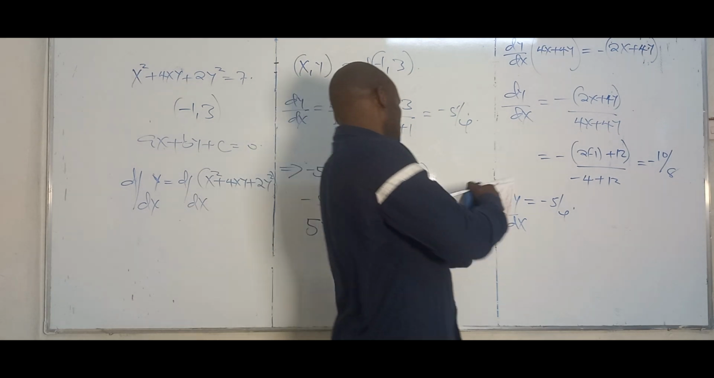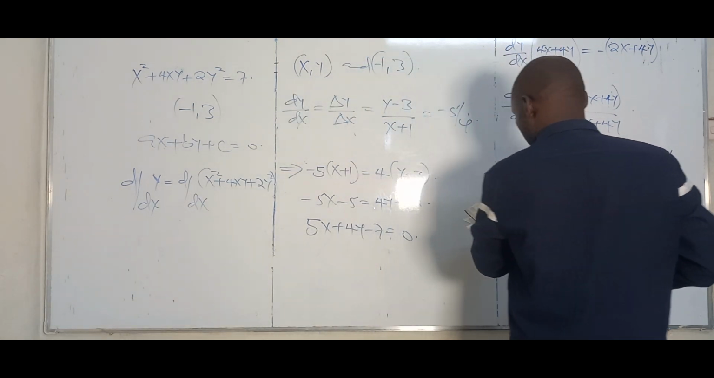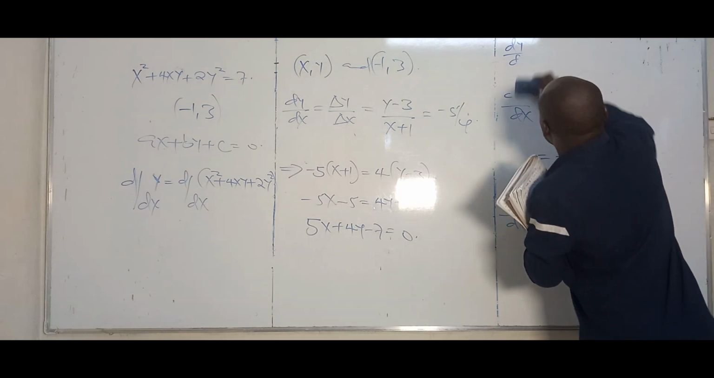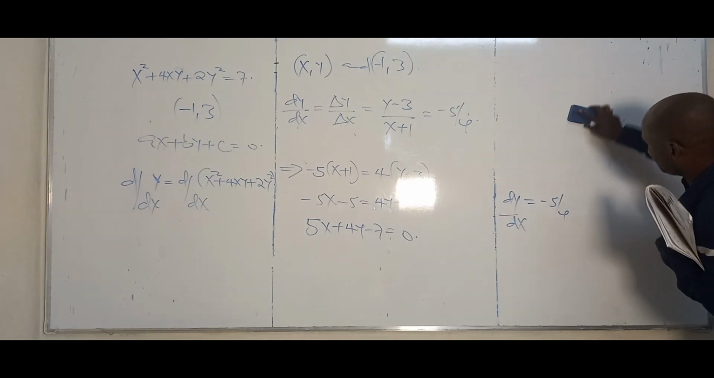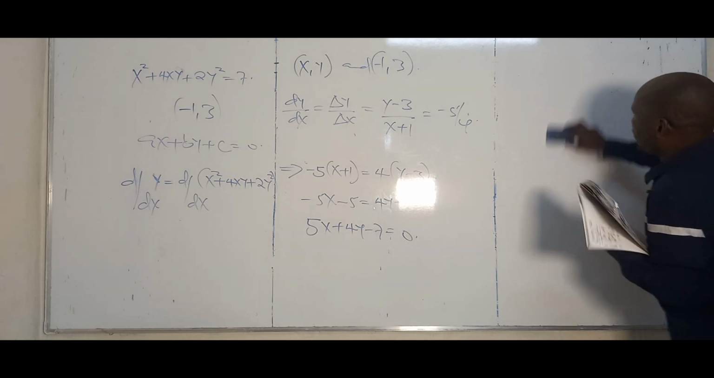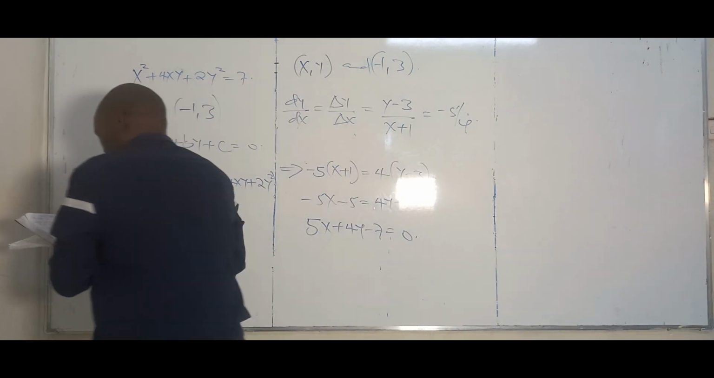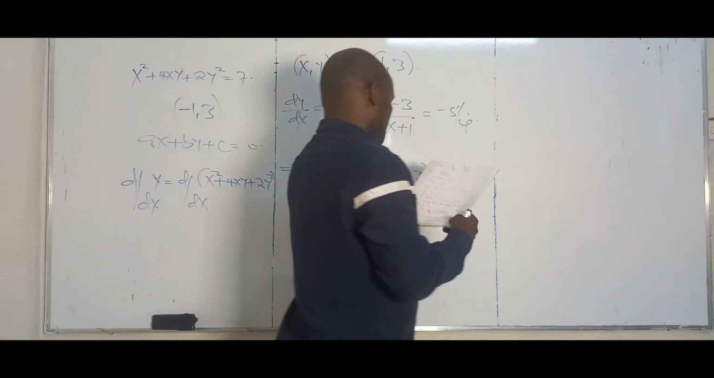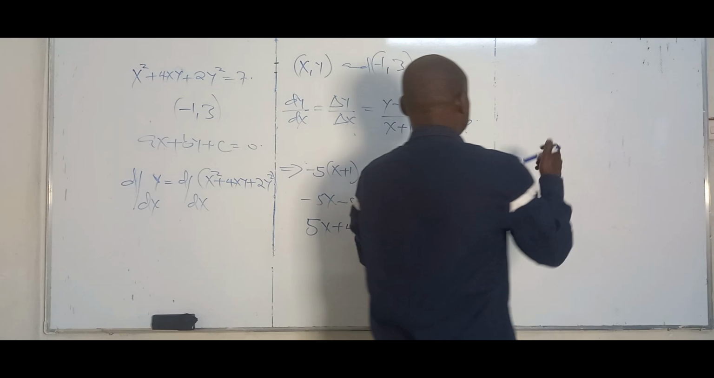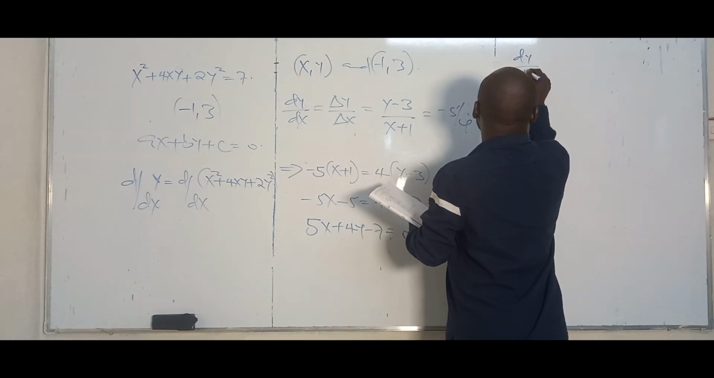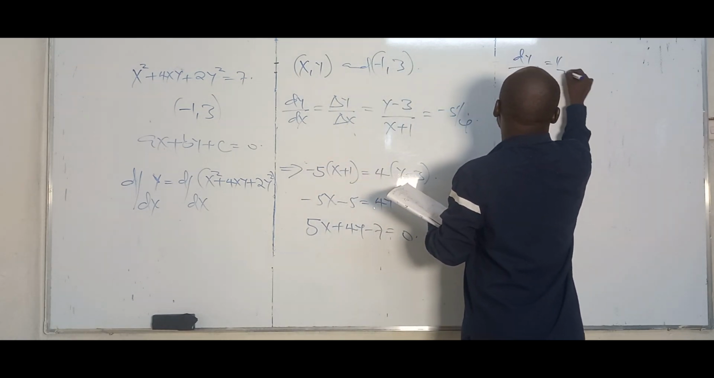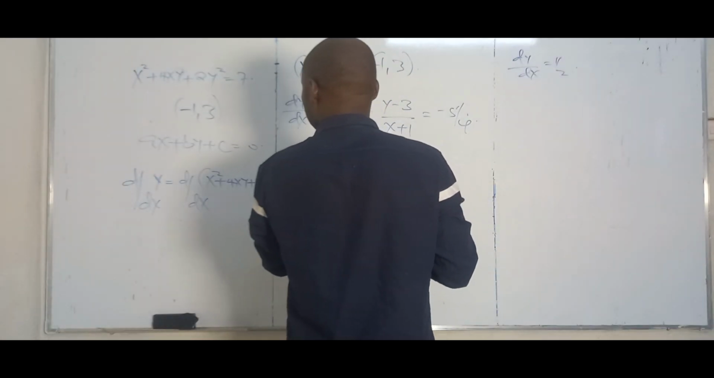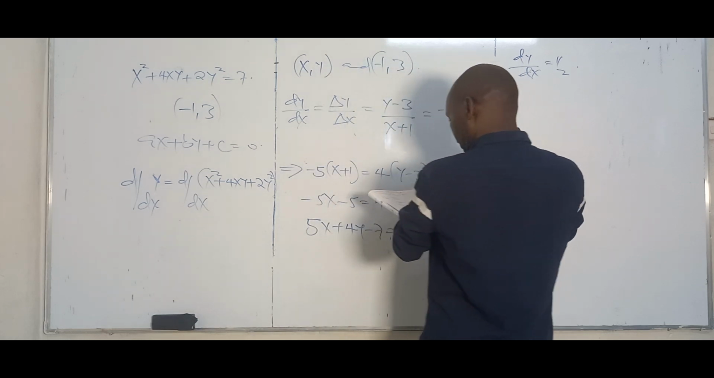The other part required us to show that there's no point on the curve at which the gradient is half. So how do we go about that? We need to show that there are no points where dy/dx is equal to half. But what was that dy/dx? I've rubbed it out, but it was